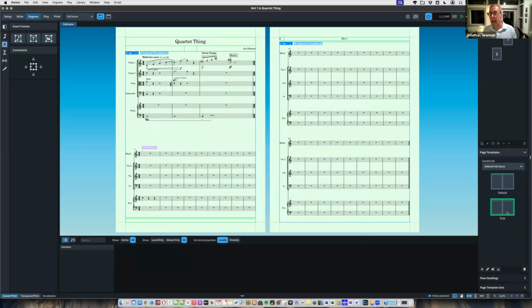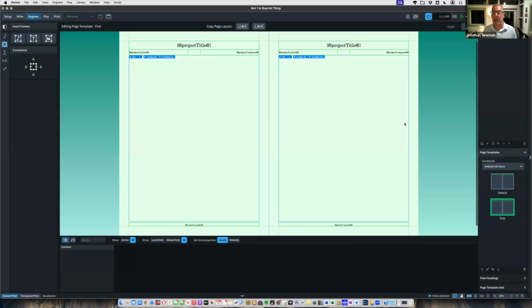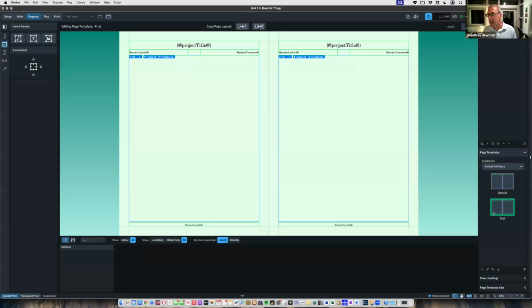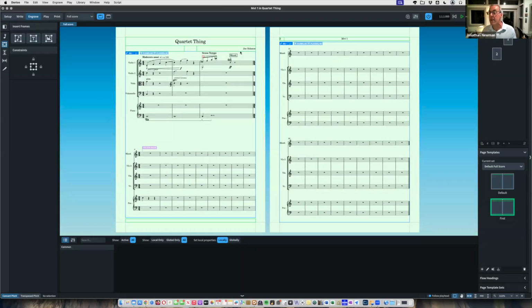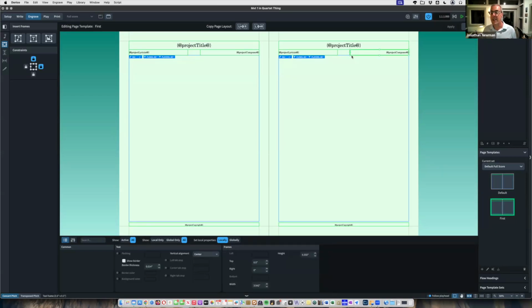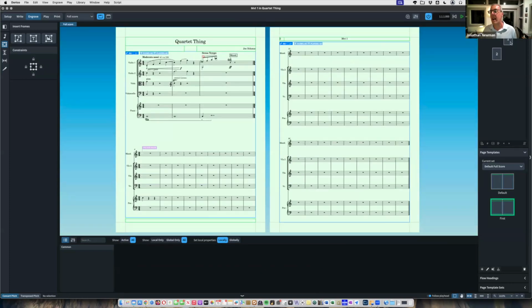And if I wanted my Joe Schmo to be higher, I make sure I'm in my frame mode, in my page template for my first page. I don't grab it here because it's going to futz with it. If I want it for every time I go here, now every time I make a first page, it'll be a little higher. And now it should be, oh, it's not higher because